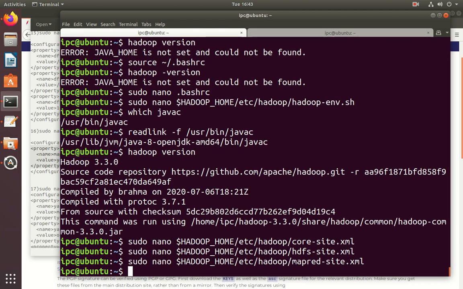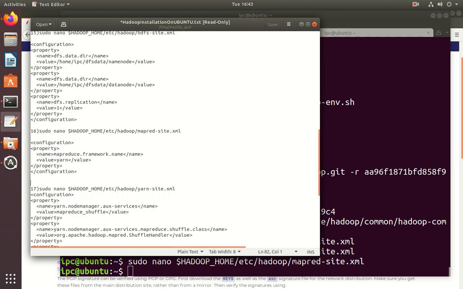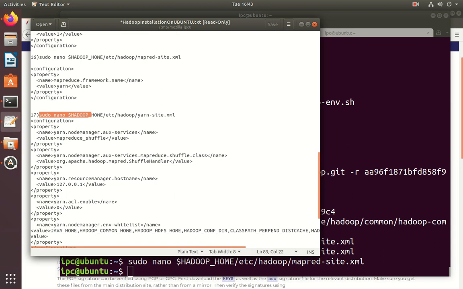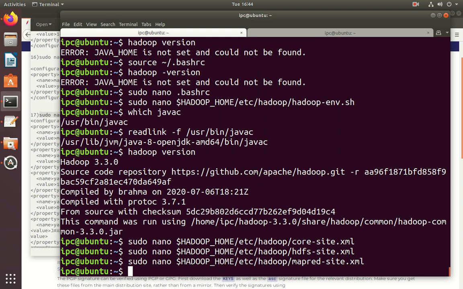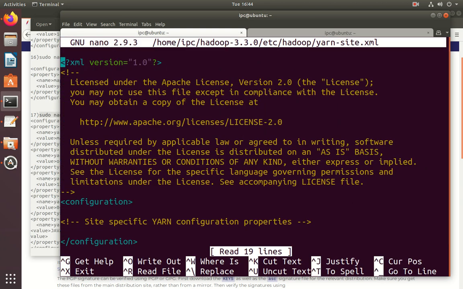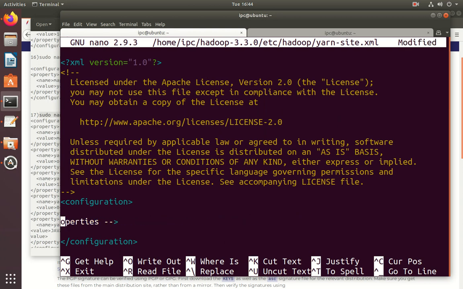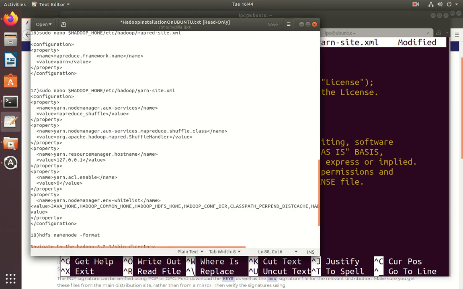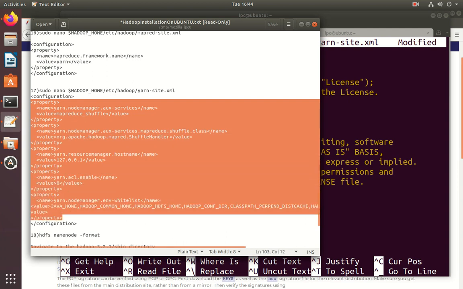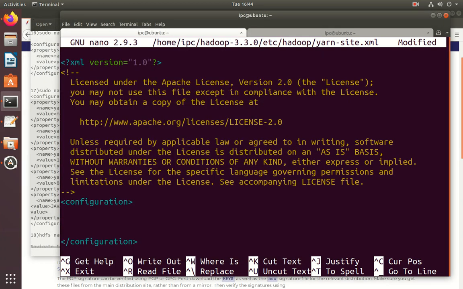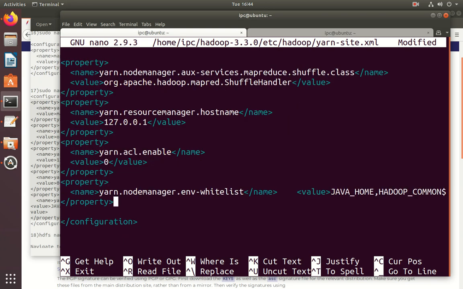And next, after mapreduce, one more configuration file, that is yarn-site.xml. Here, remove this comment tag and place these values. See, the yarn-site.xml file is used to define settings relevant to YARN.